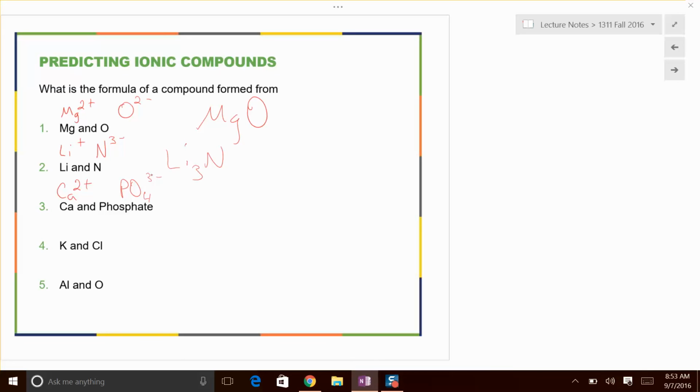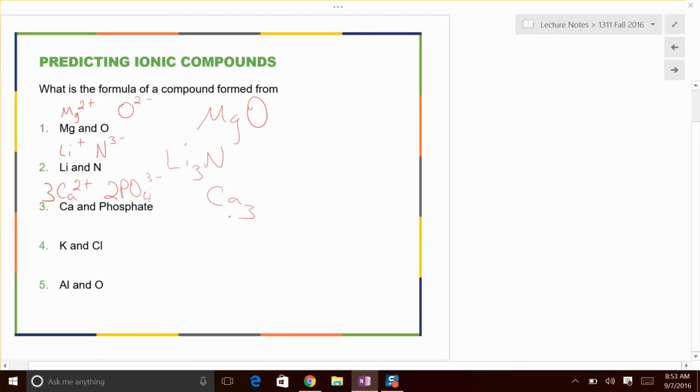Well, you're kind of on the right track. The easiest way to do this is look at the charges. If I have a 3 negative charge on the phosphate, that means I need 3 calciums. If I have a 2 positive charge on the calcium, that means I need 2 phosphates. 2 times 3 is 3 times 2, they balance, right? So you just simply switch those. So that means I need